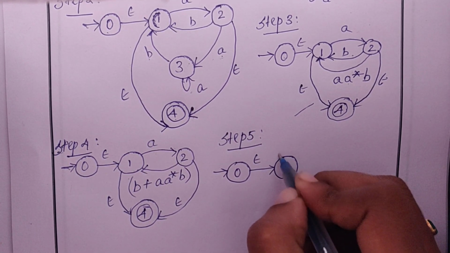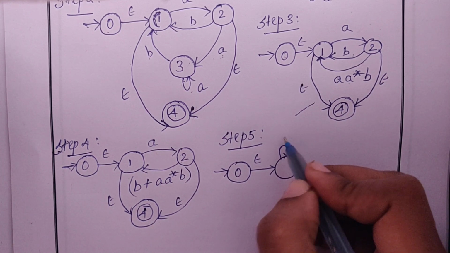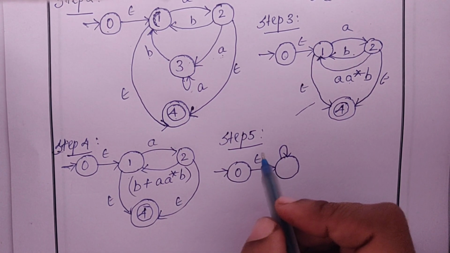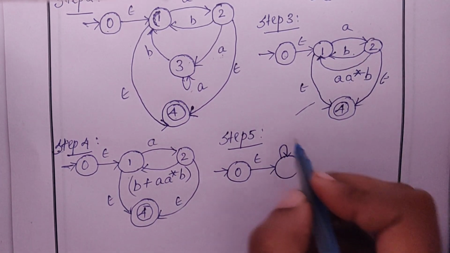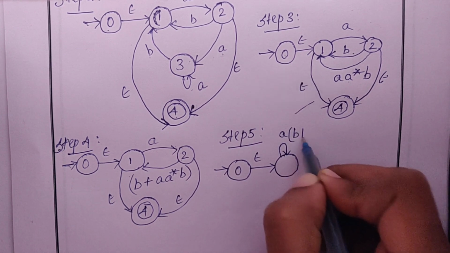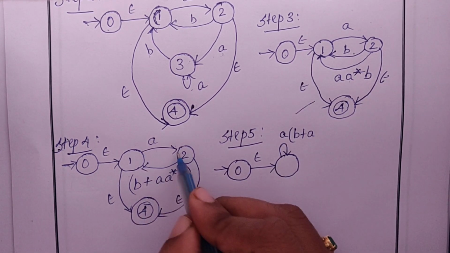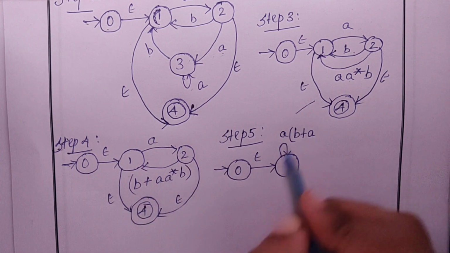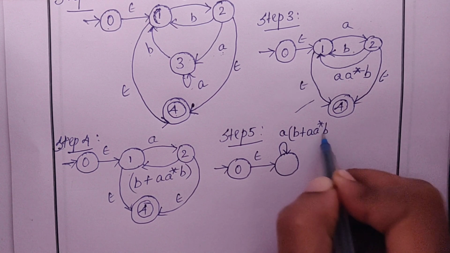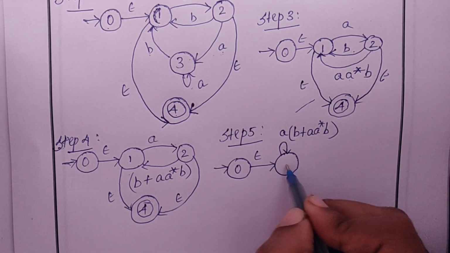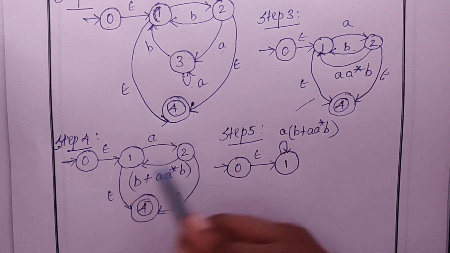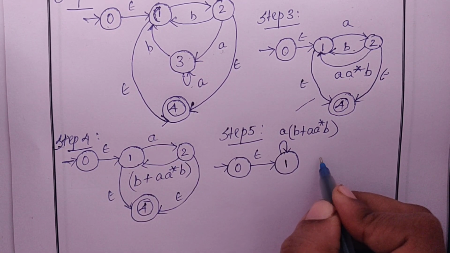Right? So here it is starting from A, right, and ending. So which operator? Just the concatenation operator. Okay, concatenation operator. So it is A, B plus A, just concatenate. B plus A star, B. Right? What is this state? 1, right? I have 1 2, these two connections I have written like that,